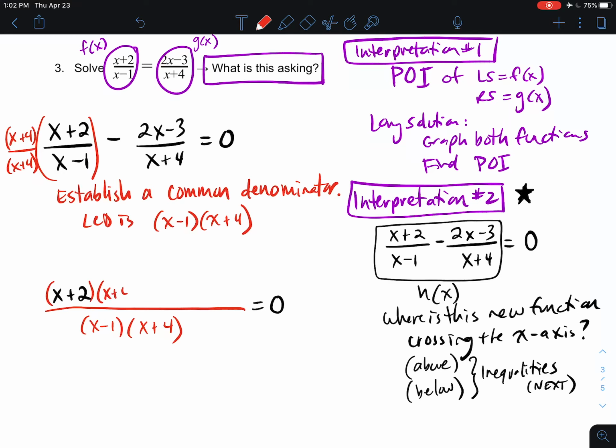So now I'm going to do that here as well. Whereas in my second term here, I already have the x plus 4. I need the x minus 1. So I'm going to multiply the top and the bottom by that x minus 1. Okay, so now we have